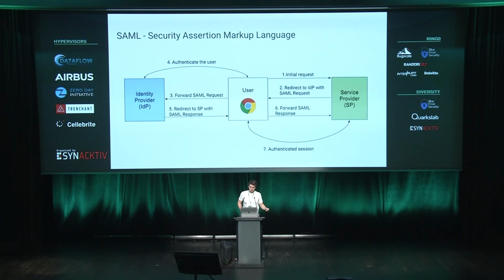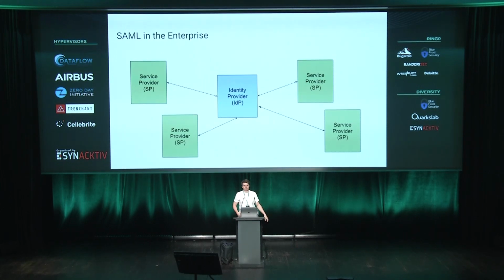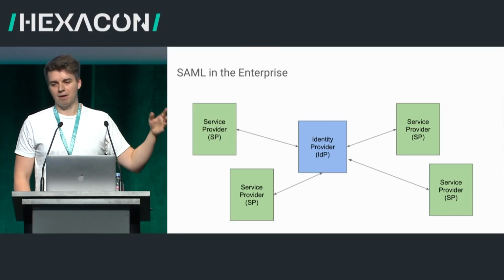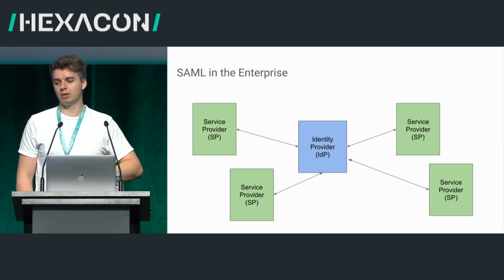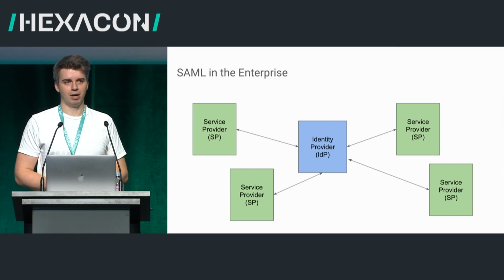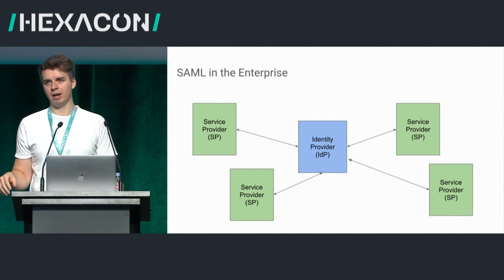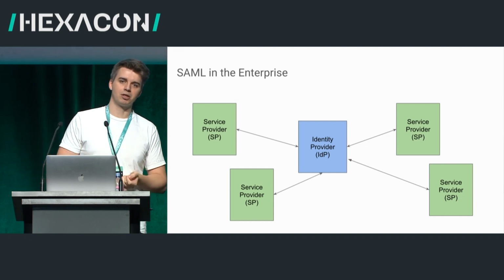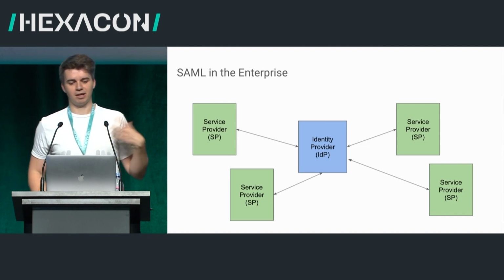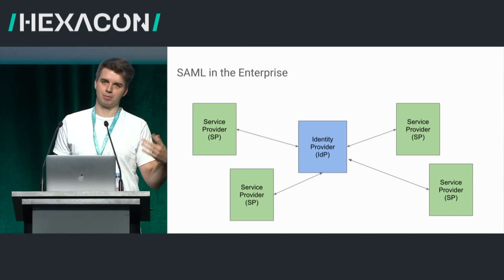use the application. And one thing that's interesting about SAML in the cloud space is that the trust relationship between service provider and identity provider has changed quite a bit over time. So in the old world, where SAML was mainly used in large enterprises, you had something like this, right? You had a single identity provider sitting in the enterprise that was the ultimate root of trust for the whole environment. And you had a lot of single tenant applications also in the internal network that would fully trust this identity provider. So an attack surface that's only triggerable by an identity provider is pretty uninteresting in this use